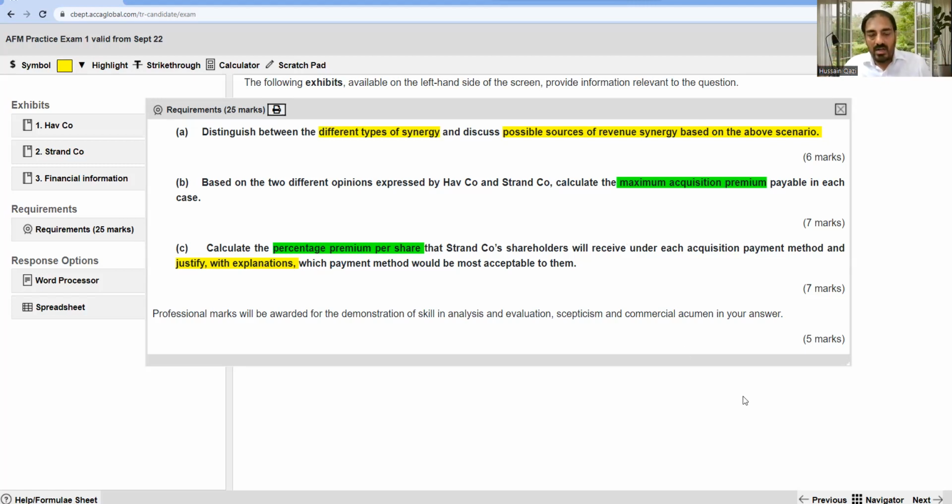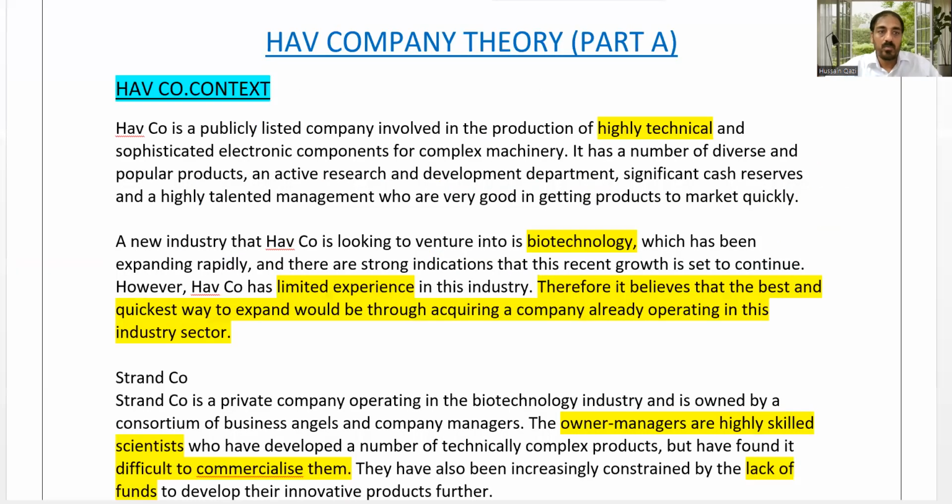A very important thing before starting that particular question: because the examiner mentioned the reference of the case, make sure that you have already recalled, or have in your mind, the points related to synergy within the question. So first of all, recall the context of the question. What's the context of the question? Number one,